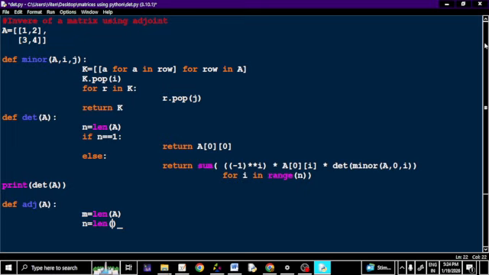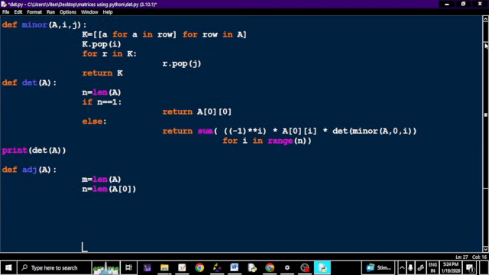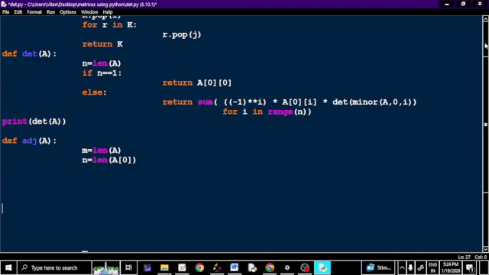Length of A0 will run over the columns of the matrix A. And I'll ask Python to return